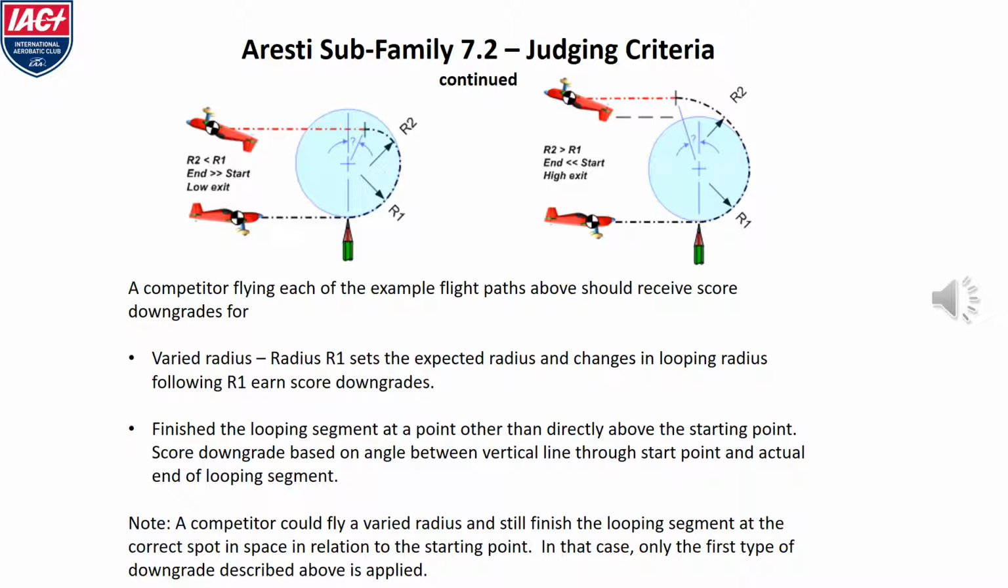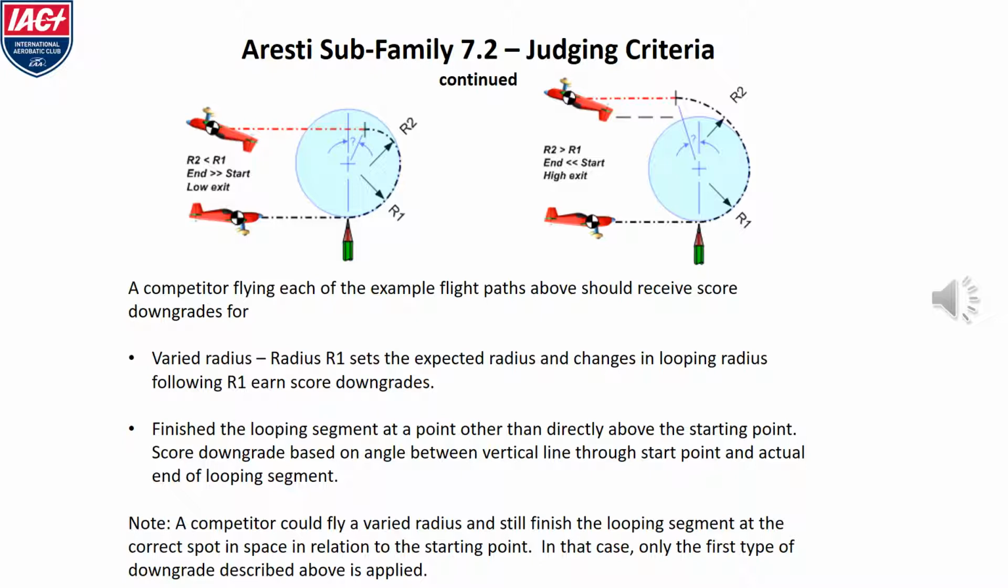The 2 diagrams shown here illustrate errors that competitors make when flying family 7.2 figures. When a judge sees the competitor begin this figure, the judge looks at the area shown by R1 to set the expectation for the radius of the looping segment that will be flown throughout the figure. Each diagram here illustrates in area R2 where a competitor might tighten the radius or open the radius, earning a